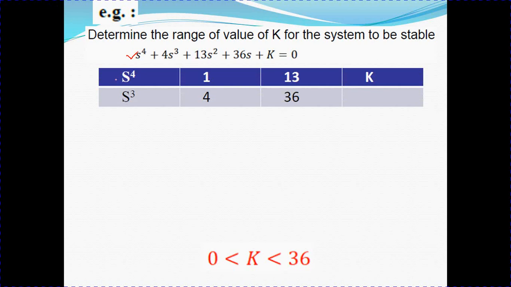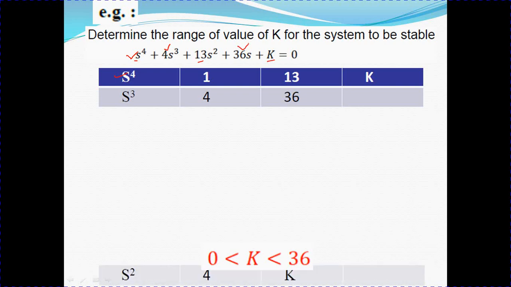Here the highest power of s is s to the power 4, and the elements of this row will be the first term coefficient 1, the third term coefficient 13, and the s to the power 0 coefficient, that is k. Similarly, the second row will be the s cube row, and the elements of this are